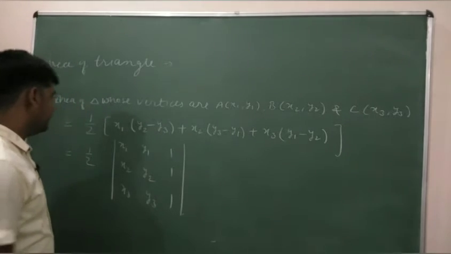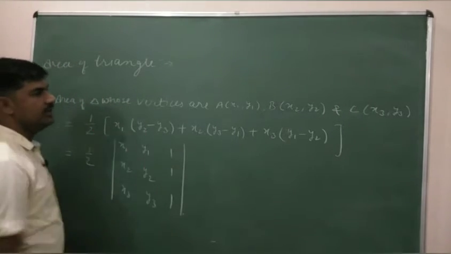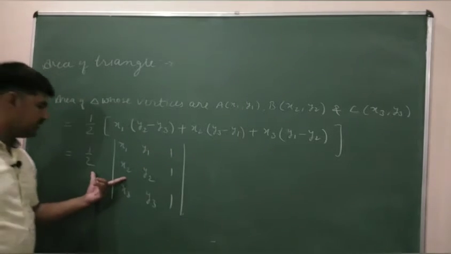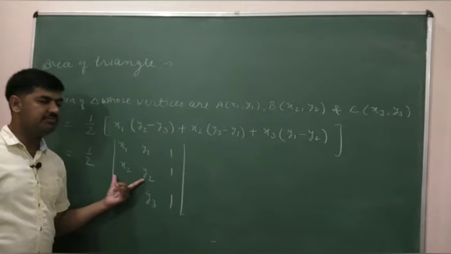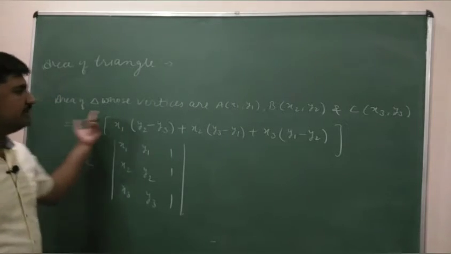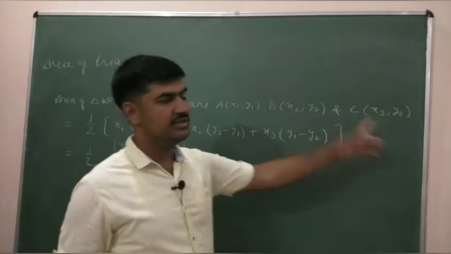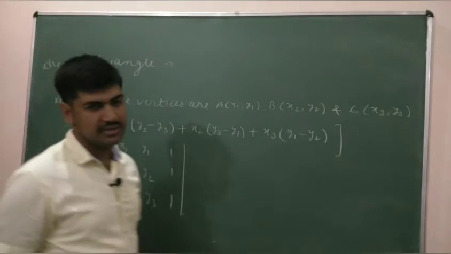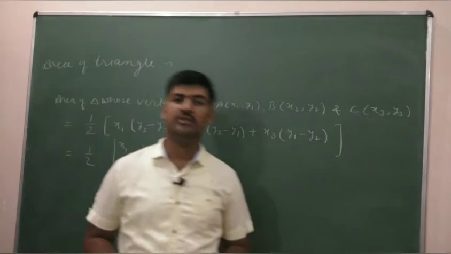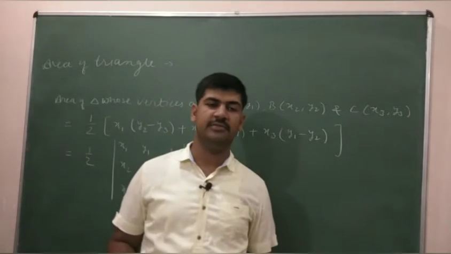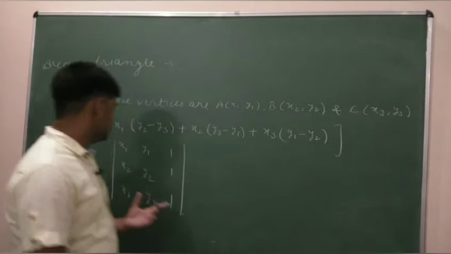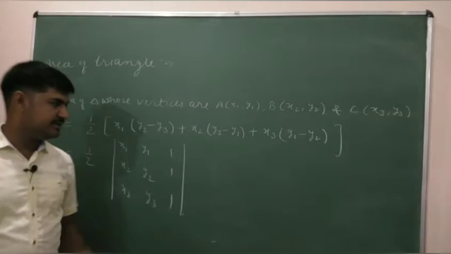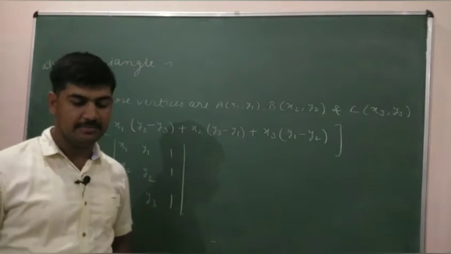So far we were finding the area of triangle by this particular formula. Now we can use this half times this particular determinant as the area of the triangle whose vertices are these three. So from now, suppose you are given a question in board exam of class 12th or any exam, then you have to use this particular formula to find the area of the triangle. So let us now take, students, one example.